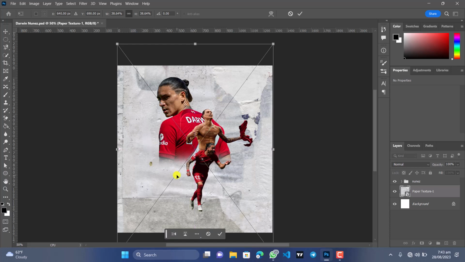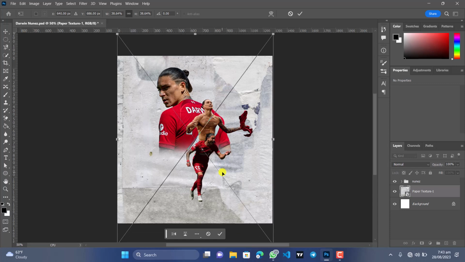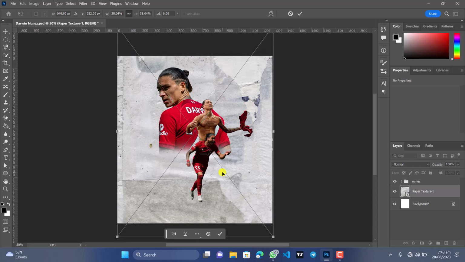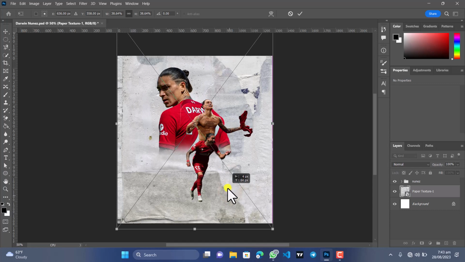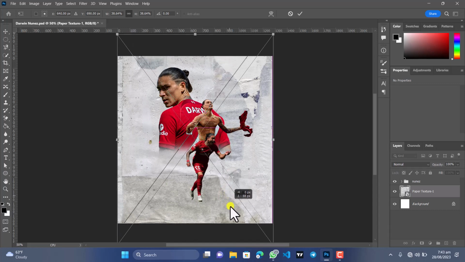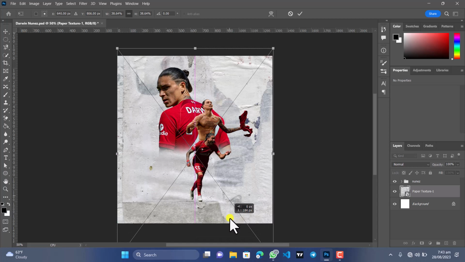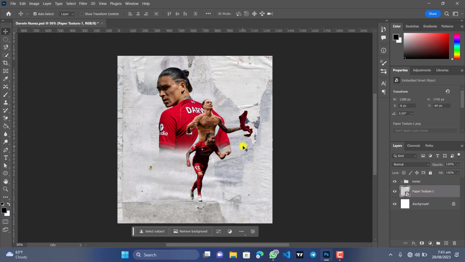Okay, we are back, guys. We're back. So I had to scale that up a bit and crop it before getting back here. Adjust it to fit. And it looks kind of fine. I think this is okay. Yeah, I think this is fine. So we're going to click on that tick, and as you can see, the design is slowly coming to life,